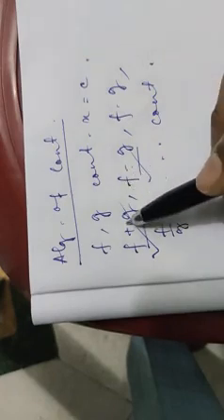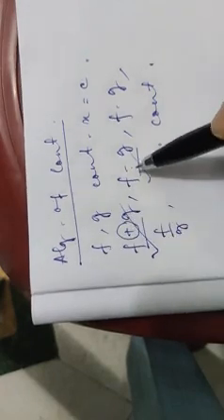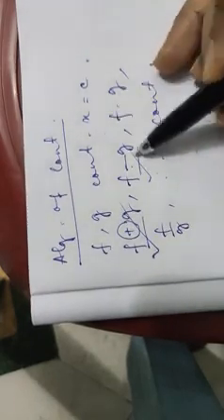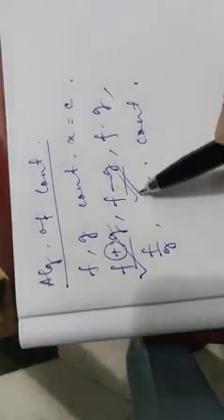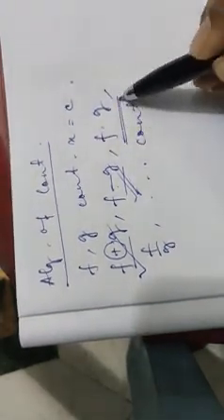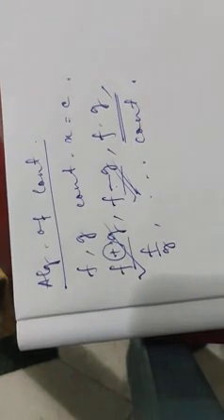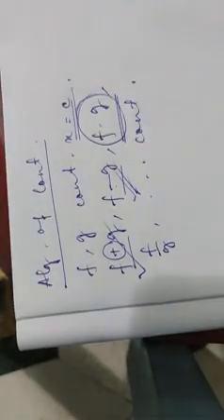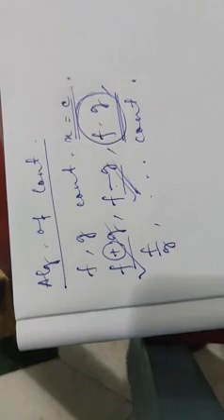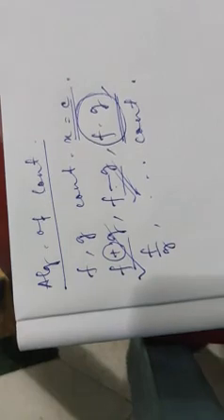Just instead of that plus you have to use minus, then the proof will be done. So you can do this by yourself. Now we are moving to this part, f dot g. Here we have to prove that if f and g are two functions which are continuous at a particular point x equal to c, then their product function f dot g will also be continuous at that point. So we have to prove fg is continuous at c.